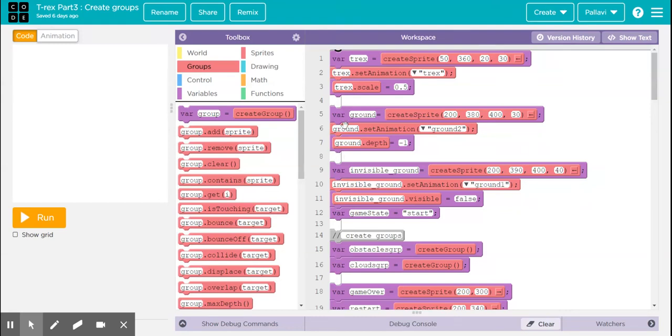You have already created these single sprite images as variables. So you have created T-Rex, ground, then invisible ground, as well as cloud and obstacles. But we want the clouds and obstacles to be treated as a group. So you can go to the group section and use this block to create a group, to form a group of